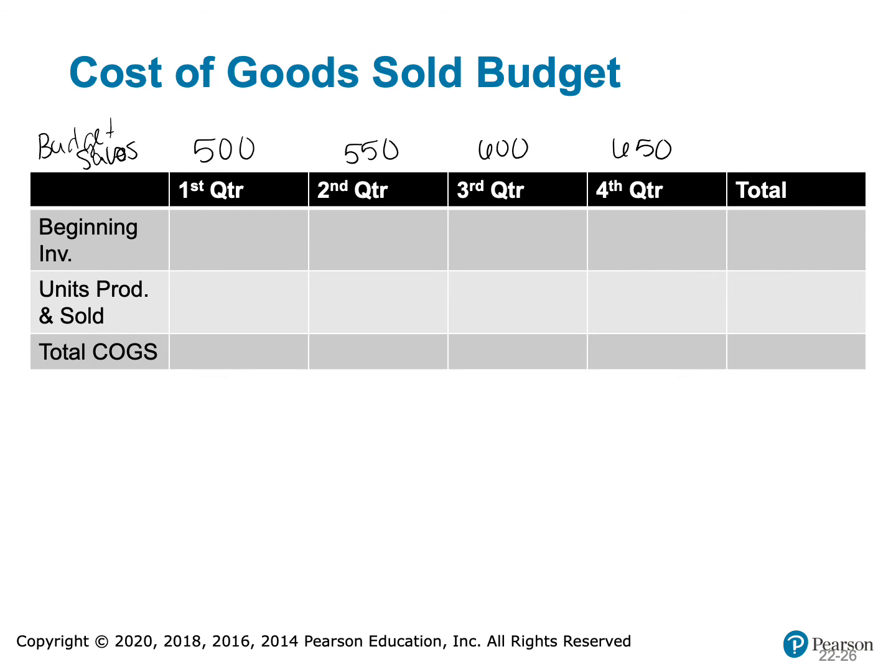So in the first quarter, we expected to sell 500 tablets, but the first 200 of the 500 that we sell are going to be the old ones that we made last year, those that had a cost of $275 each. So the beginning inventory, the first 200 units,